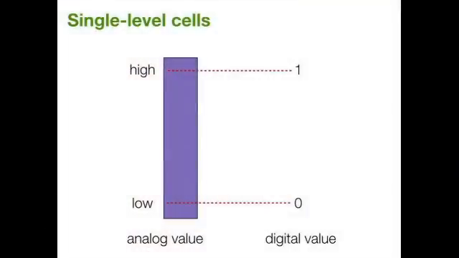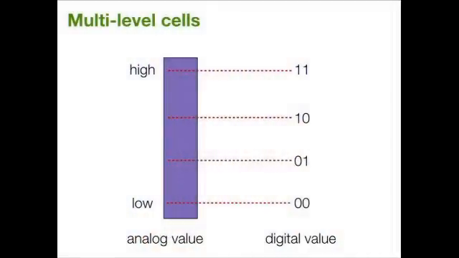let's look at how a single-level cell and a multi-level cell in PCM work. PCM, like lots of other solid-state memory technologies, a cell is just, you can think of it as, an analog storage device, and we're just quantizing it to a digital value to make it make sense for the rest of the system. In a single-level cell, there are only two levels. That's a little bit of a misnomer. There's a zero level that is a low analog value. In PCM, that's a low resistance set in the cell, and then a high resistance, that's a 1, and the write mechanism is relatively obvious. You can either increase or decrease the resistance to get a 0 or 1 stored in the cell.